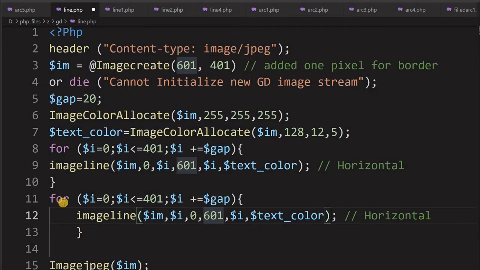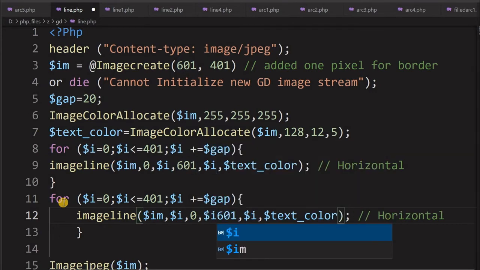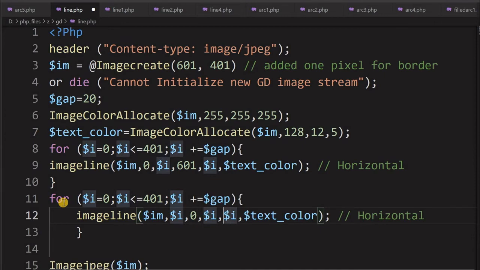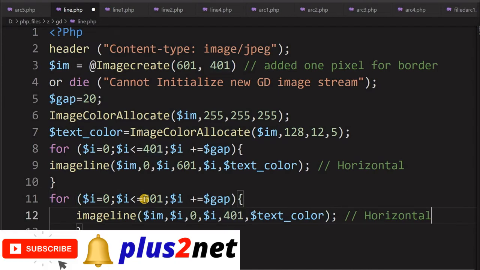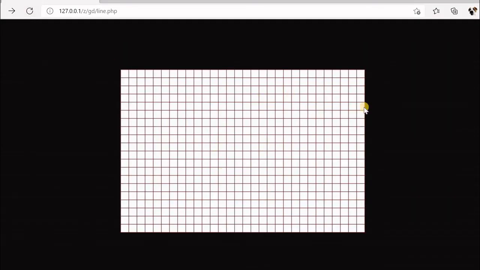Then this will be again $i, and here y will be every time, the end point is at 401. And x should go up to 601, because it's vertical lines we are getting. Let's see, I will just comment it here, vertical. Let's see now how it looks. I'm refreshing. Yeah, you can see that checks are formed because these are the vertical lines.